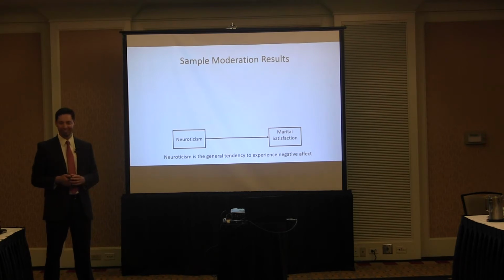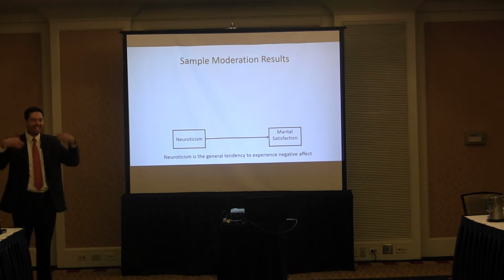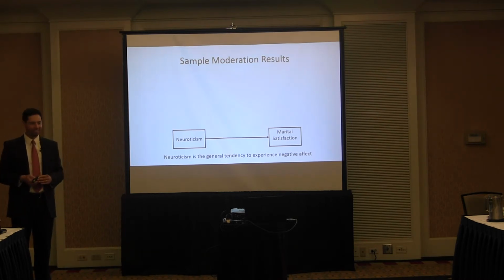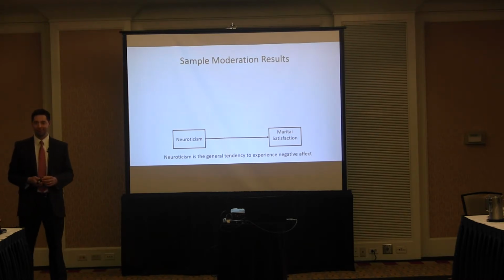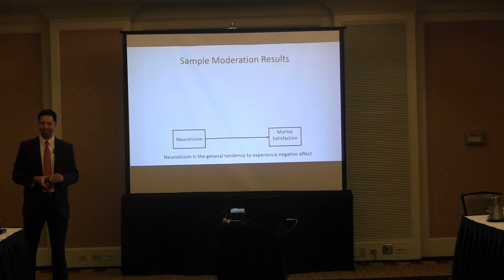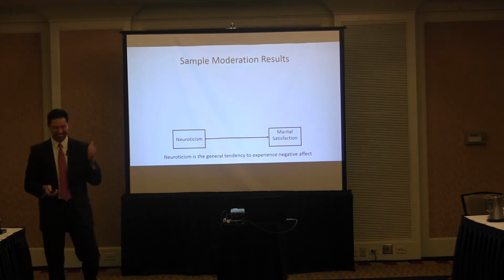Neuroticism is very robustly associated with marital satisfaction. If you have one partner that flips out in an intense, emotionally reactive way frequently, the partner is not very happy. It's just kind of one of those things. It's kind of reliable. So what might moderate this association? What could be good enough that could balance out a partner who is frequently flipping out in intense, dramatic, passionate ways? There's lots of things, but he tested one. But what are some things that as a therapist you would think might moderate that and make this better? Sex. I didn't look, I swear, but that's it. Yeah, it is. Sex is the one that he picked.